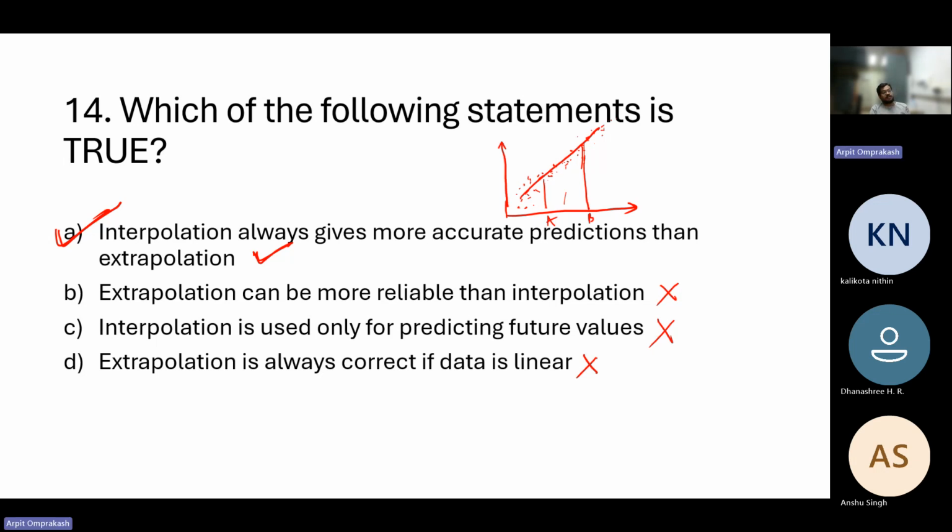Extrapolation can be more reliable than interpolation. Again, this is false because, as I mentioned before, if you do an experiment and you figure out that there's a linear relationship between point A and point B for the variables x and y, it might not be that the relationship is linear here. The relationship might be different here,